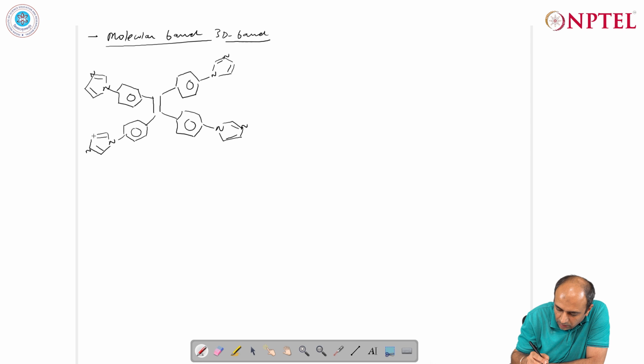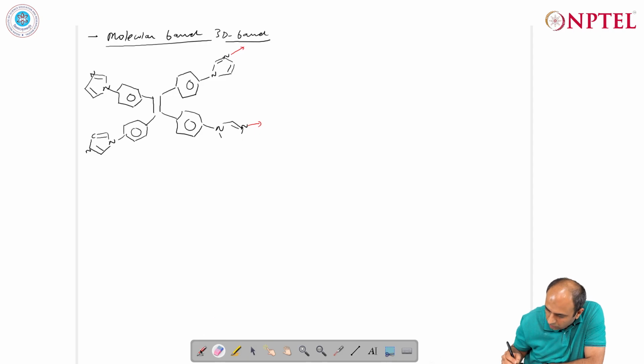So this particular ligand has been considered. Now we have these donor nitrogens which are available. We have 1 2 3 4 5, 1 2 3 4 5, and these are the ones which can coordinate to the palladium centers,